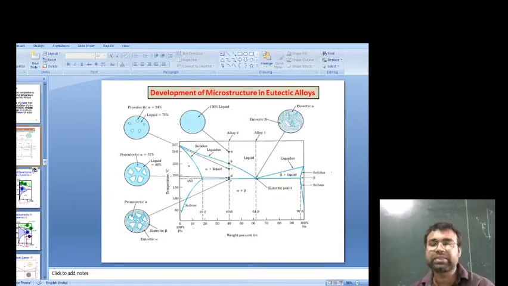As we considered in the earlier lecture as well, this particular phase diagram shows the combination of Pb and Sn, sorry, copper and Ag, and the combination shows that the reaction takes place from one phase to another at that point, and this point is representing